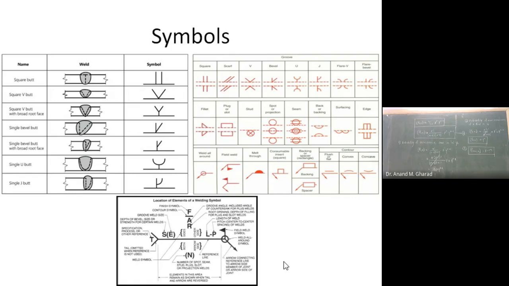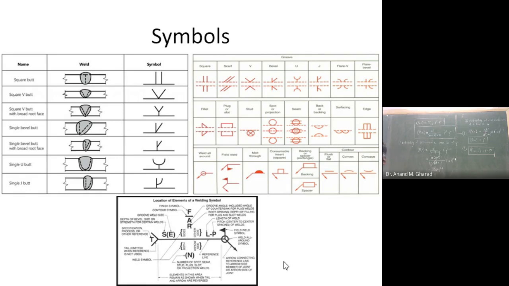For example, if I am providing a fillet type of weld, and I want to represent that connection on the drawing sheet, every now and then I will not write that this is a fillet connection. No,